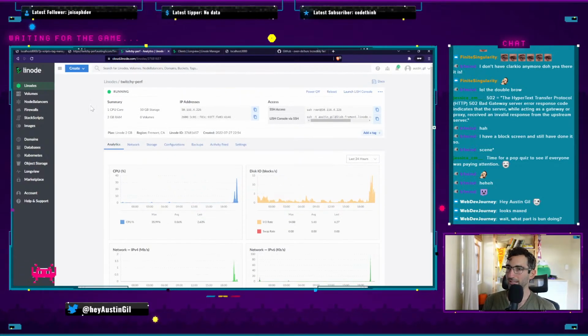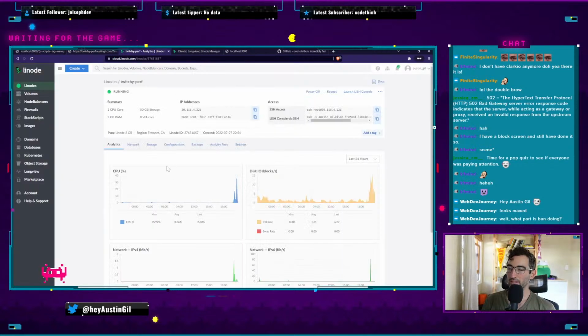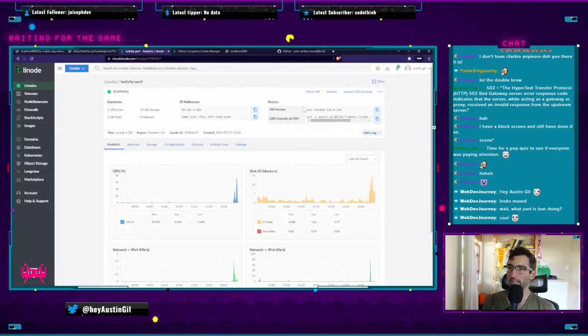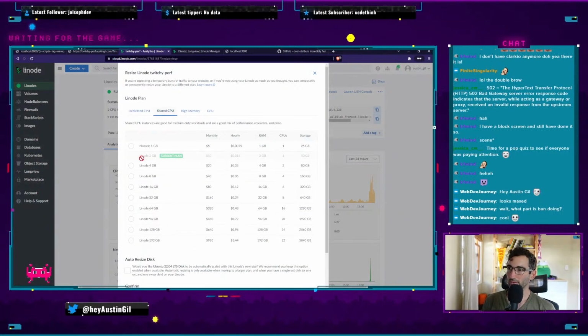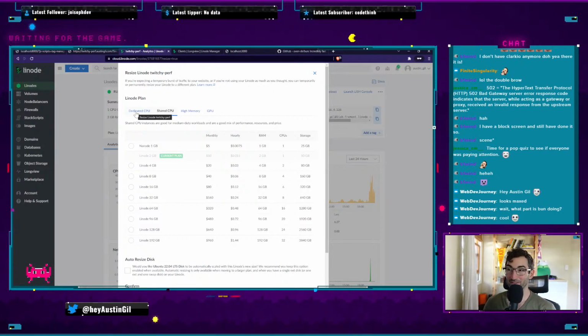Another thing we did today was test the limits of this synthetic load thing, and how it's impacted by upgrading or downgrading the size of the machine that you're running on. We have it right now on this Linode 2, which is not much. Eventually we're going to try and get it up to... what do I want? I feel like running load tests on a shared CPU may be kind of messed up because you're sharing those resources with other users on the same box. So maybe eventually, once I get up to like this Linode 4,